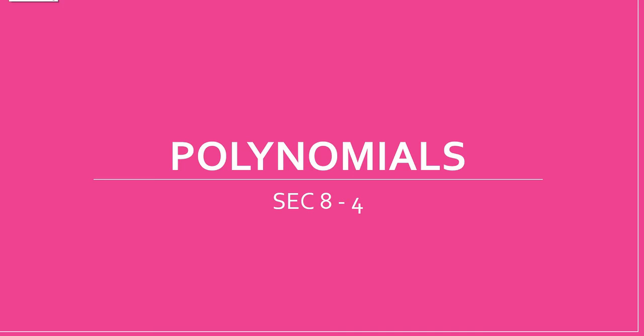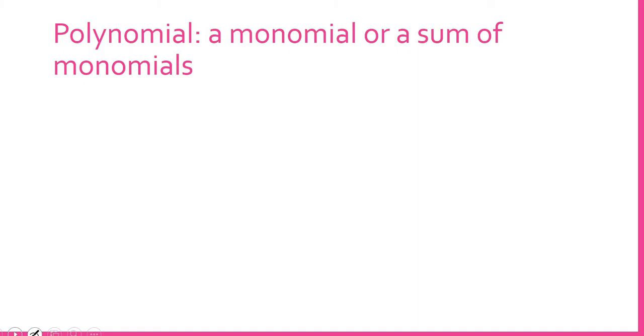Section 8.4 is polynomials. A polynomial is a monomial or a sum of monomials. We all know what a monomial is; we've been working with those. 3x is a monomial. And if I do a sum of monomials, like 4x squared y plus 7x squared plus y, that's 3